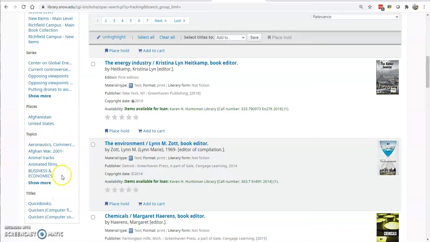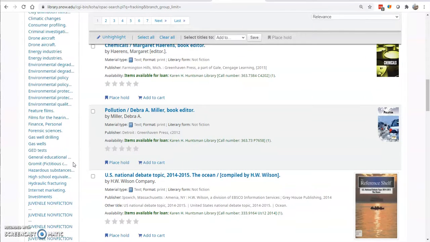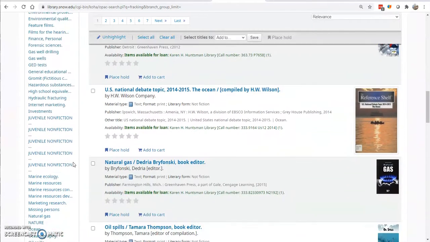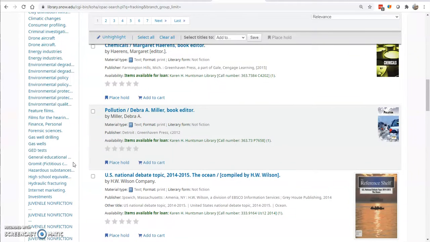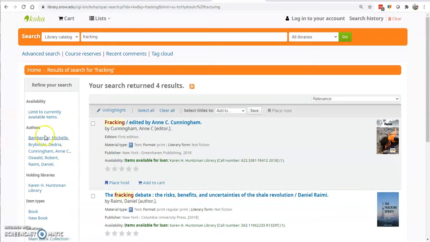Topics, okay. So I know I want to do fracking, but let's just show more and see if there's another word for fracking down here. Let's see, I think I heard my teacher say something about hydraulic fracturing. That's short for fracking. So I can click that link, and that will take me to, instead of 132, now